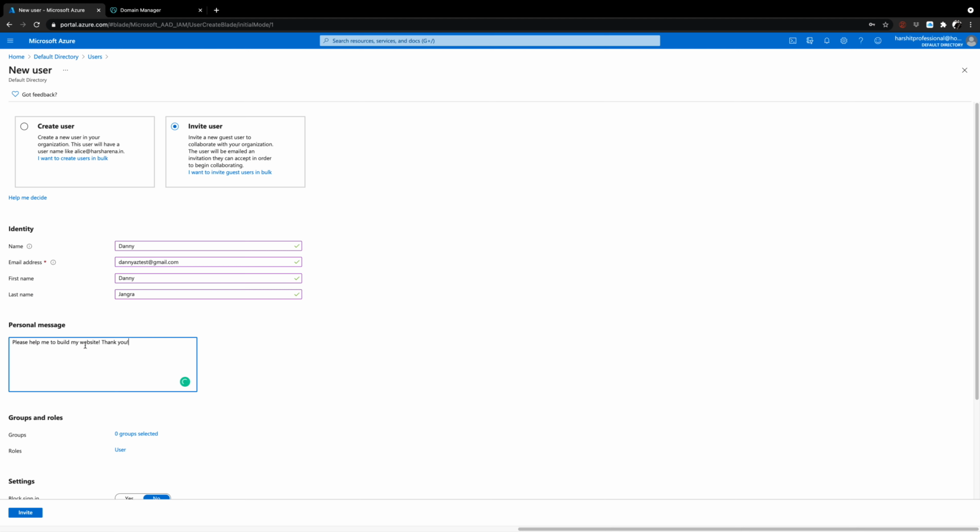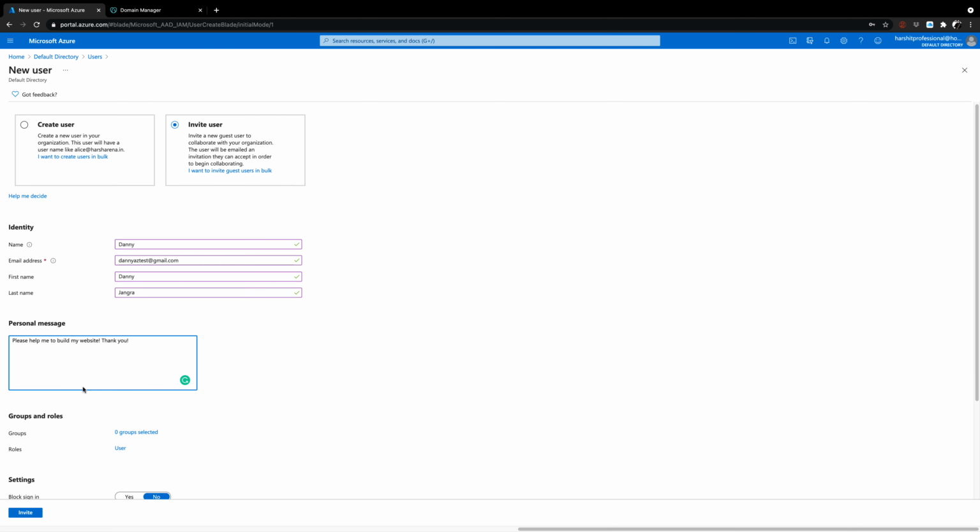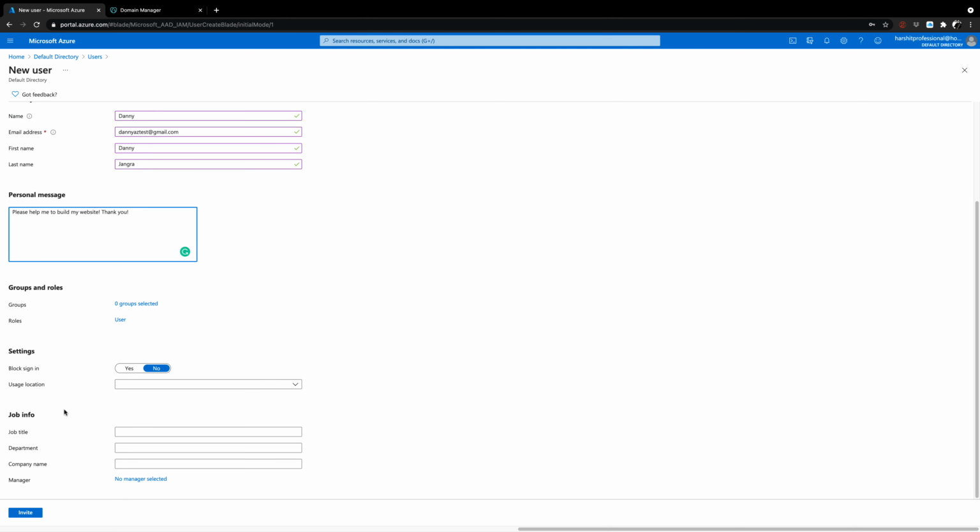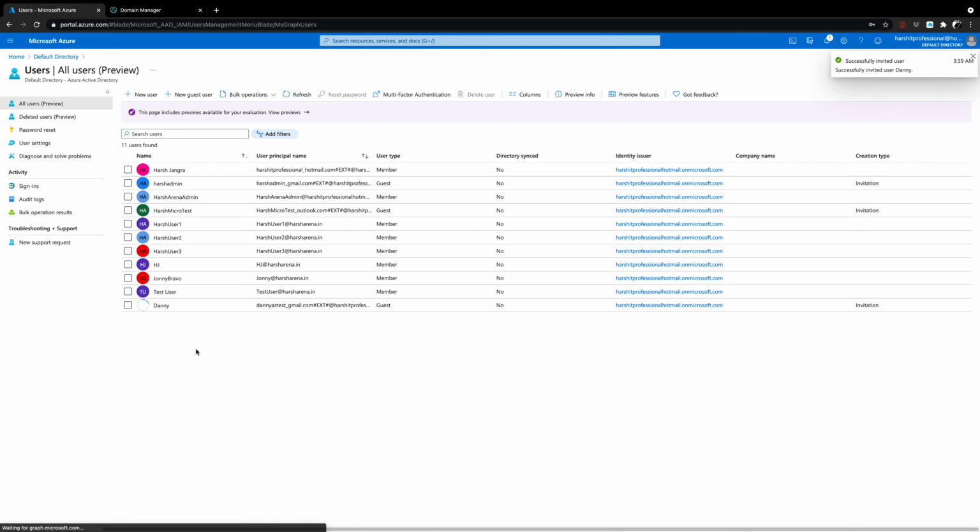Thank you. I write down this. How it is going to work for us, I don't want to write down any other information. Just click invite. Now, it is going to send an invitation to Danny at this particular email ID, which is outside of our tenant or Azure Active Directory, because that's the reality of using the guest user, because the overall purpose is we need to ensure that another person to whom we are trying to ask for help can help